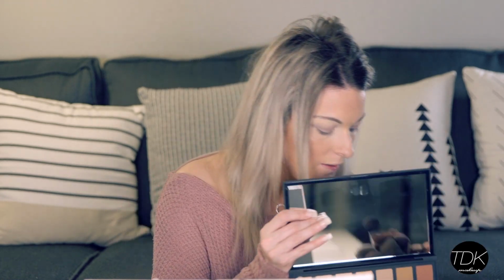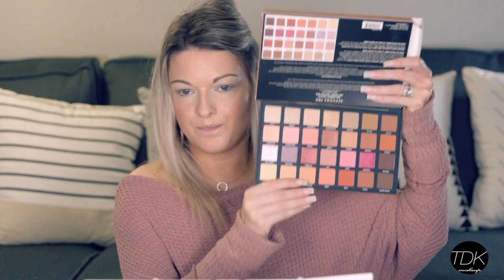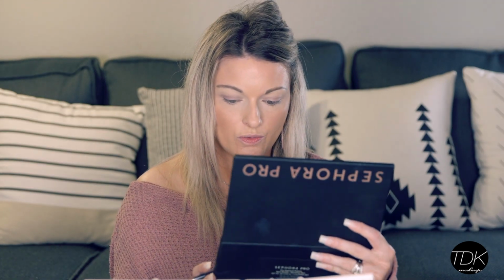Their pigmentation is amazing. Let me get the box here so I can cover up the mirror. It's not blinding y'all. There we go. It's just beautiful. The colors are so pretty. I like this one because it gives you a little bit more variety, but you still get those neutrals in there, which of course I love a neutral look all the time, but I also like to play around with color. So first thing I'm gonna go in with here is